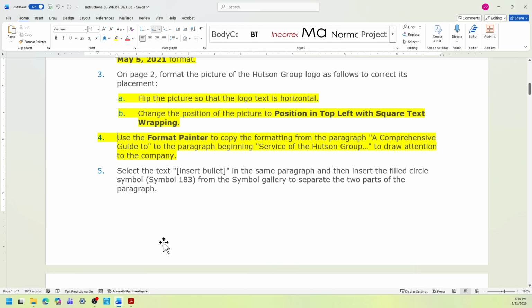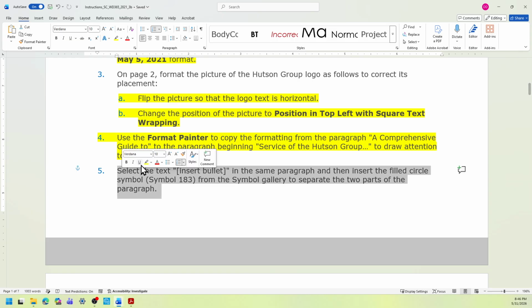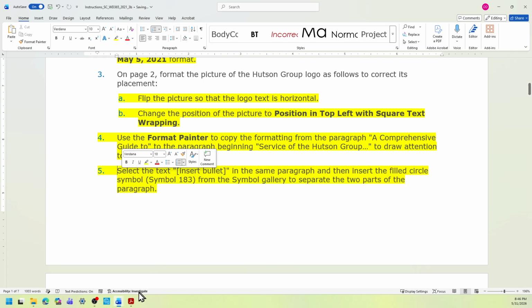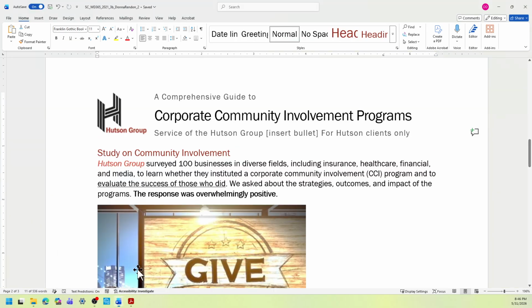Now we're going to select the text, insert bullet in the same paragraph, and then insert the filled circle symbol 183 from the symbol gallery to separate the two parts of the paragraph. Have to be careful here because sometimes it won't work the first time.